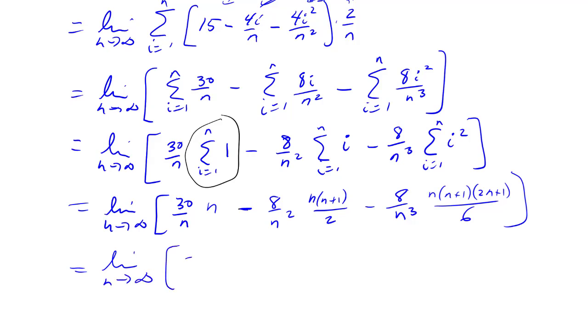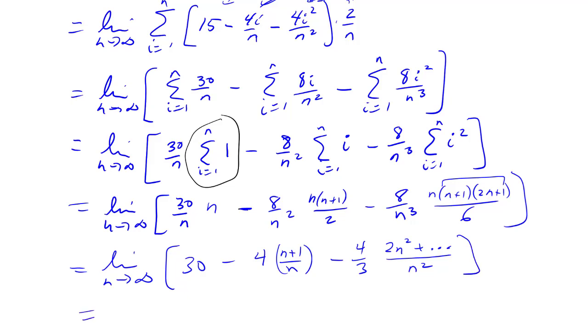All right, so when I use that, I'm going to get 30 minus, what do we get here? One of those n's, I'm going to get 4, and then n plus 1 over n, minus 8 over 6 is 4 over 3, and then one of the n's cancels, so I get n squared. And then on the top, if I multiply this thing out, I would get 2n squared plus a bunch of other stuff, but that's not really going to matter because I have n squared over n squared. So when I go and do the limit now,